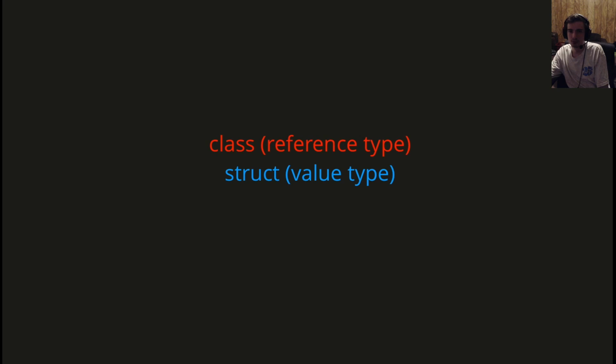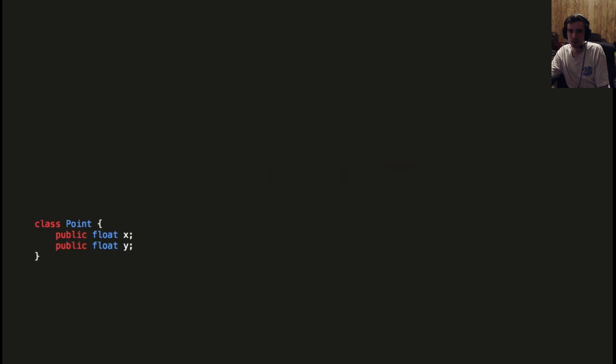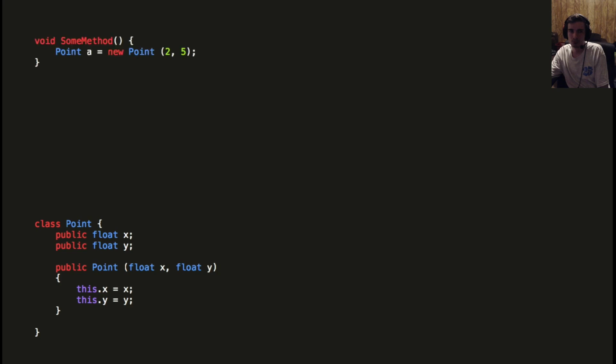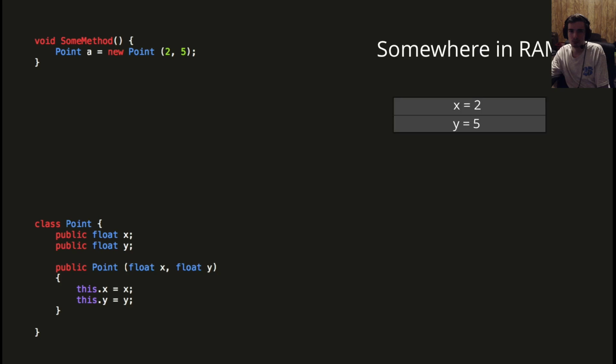Let's look at the class first. So we'd create a class called point with our two float variables inside. We'd then have a constructor so that we can set the x and y values when we create a new point. Now, elsewhere in our code, in some method, let's say we create a point A with coordinates 2 and 5. Roughly, what happens when we do this is a new object is created in the computer's memory, storing the